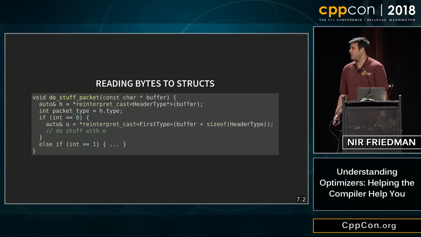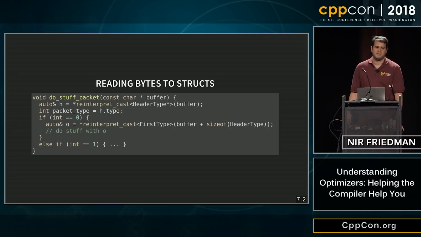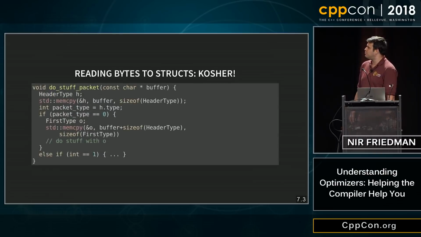There's one little problem with reinterpret_casting here, which is it's undefined, okay? Maybe my alignment is wrong. These slides are super simplified, but even if the alignment was perfect, it would still be undefined behavior. There is no object that's ever been created, as far as the compiler is concerned, of header type. So this is the compliant way to do this. You declare a header type, you memcpy.